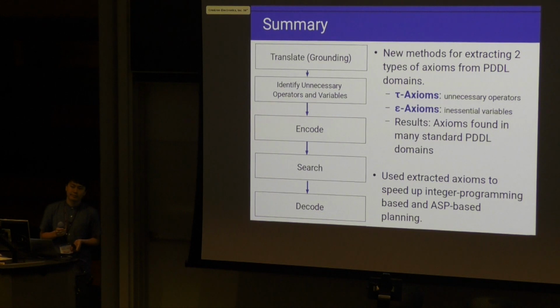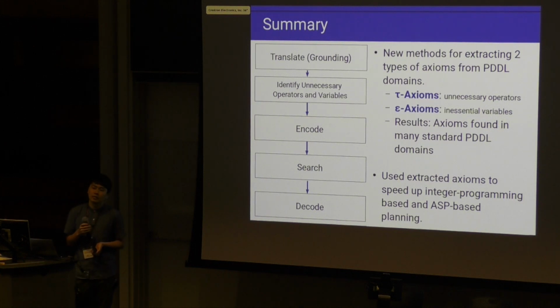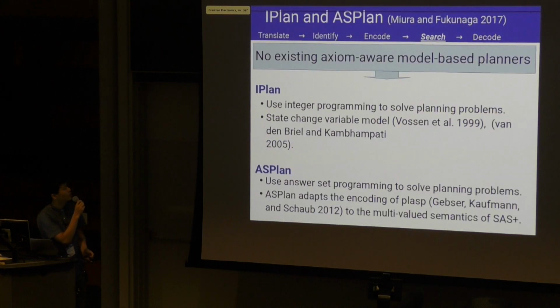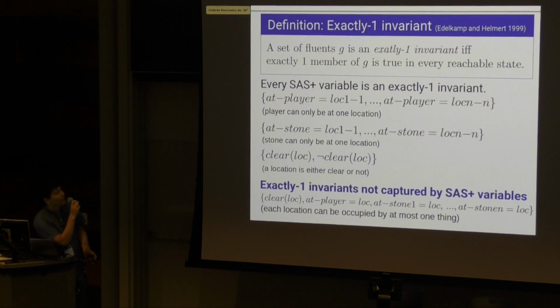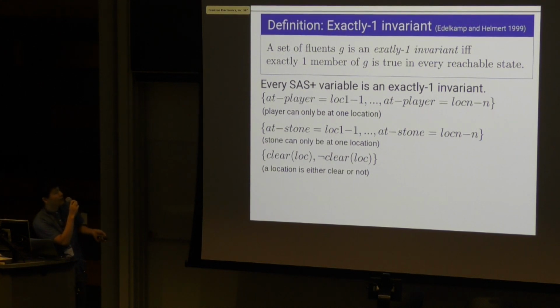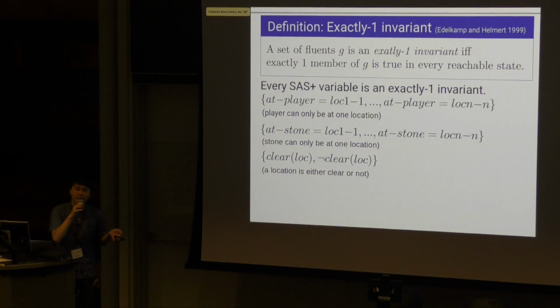Fast Downward does pre-processing to turn the problem into a finite-domain representation. Yes. And in doing that, it's finding invariants. Yes. That essentially amount to the epsilon axioms that you're doing, I think. Yes, so we rely on Fast Downward to find these exactly-one invariants, but our contribution is that we express them as axioms.